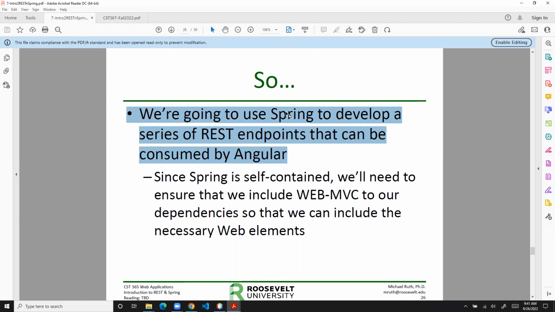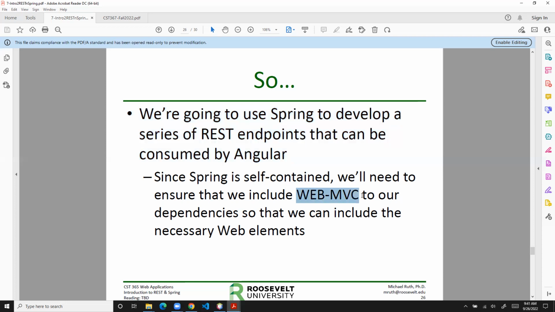Since Spring is self-contained, we'll need to ensure that we include web-MVC in our dependencies so we can include the necessary web elements. Wait, what? Remember I told you we're using Spring Boot, right? Well, since we're using Spring Boot, we need to have the dependency set up ahead of time. We'll talk about how we do that in just a second, but that is very important. No matter what project you're working on, your independent project, your homeworks, anything having to do with Spring, better have that dependency installed. And the other thing too, we'll talk about this in a little detail when we get going, but